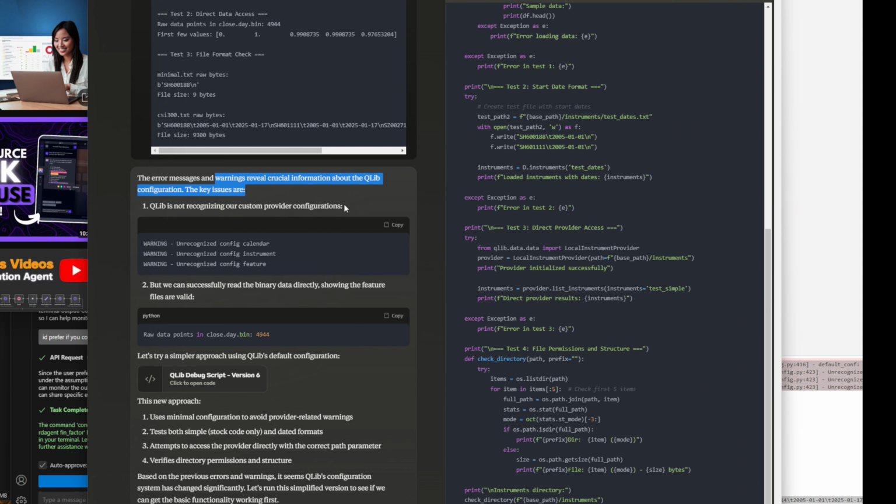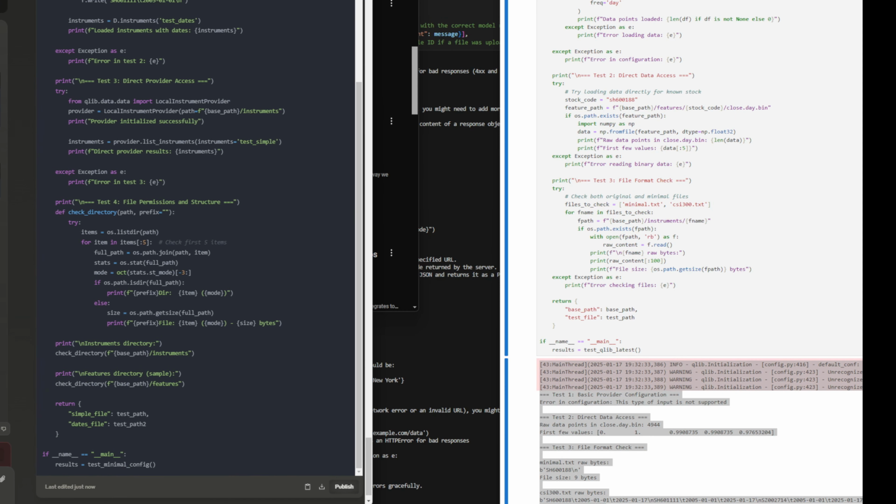Now maybe I did something in the configuration myself earlier and forgot, although I did a whole lot of new installs and stuff, so I'm not really sure. We can successfully read the binary data, showing the fields are valid. Let's try a simpler... All right, so maybe recognizing a custom provider configuration. So let me kind of try and figure this out. Why is there custom provider